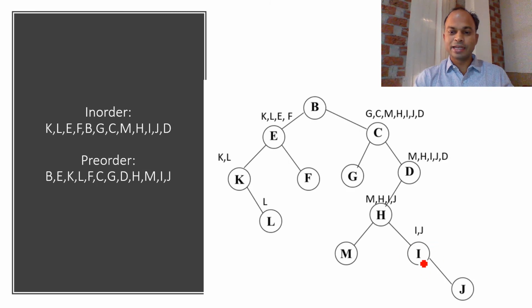And after finding IJ, now we have to refer to the pre-order sequence. Pre-order sequence is IJ, I is here our root, we have found the root I. After finding this root, we have to refer to the in order sequence. In order sequence is here IJ, I mean I is the root, and J is here our right subtree. So in this way we can construct the tree. Thanking you.